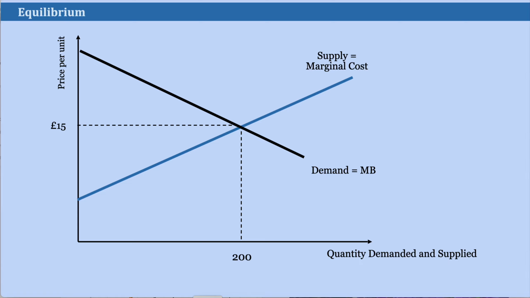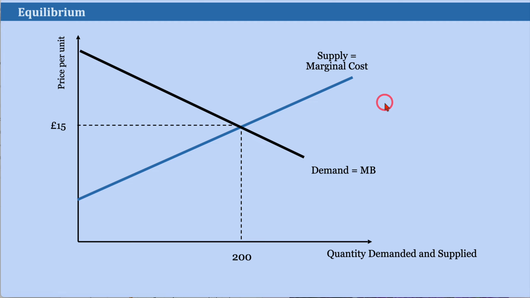In this final video of this short section, we're going to bring together the demand curve, which we've already built, and remember it's reflecting your marginal benefit, and the supply curve, which is reflecting the marginal cost to firms of producing things as they use up these scarce factors of production. And this is a typical market where the demand curve is downward sloping with respect to price, and the supply curve is upward